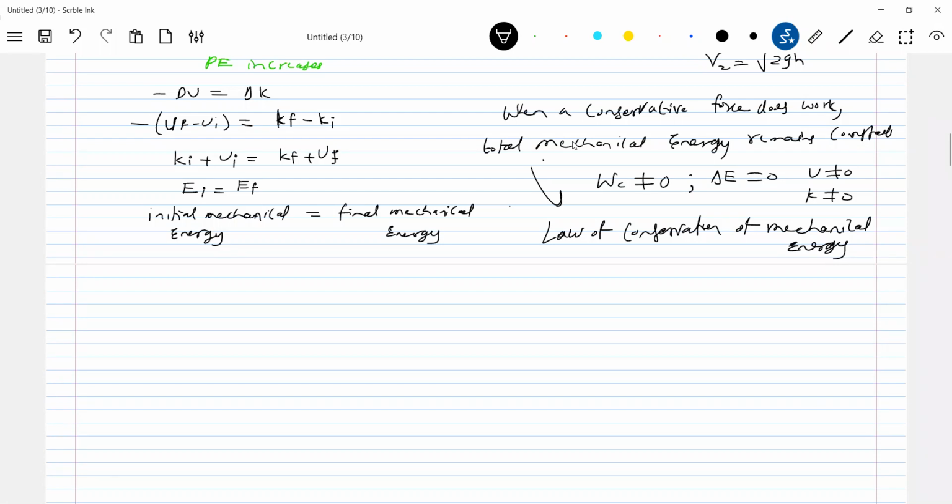Is that okay? Now we have to pick up the next topic. I introduced the idea of conservative forces. So let's go for non-conservative forces. What do you mean by